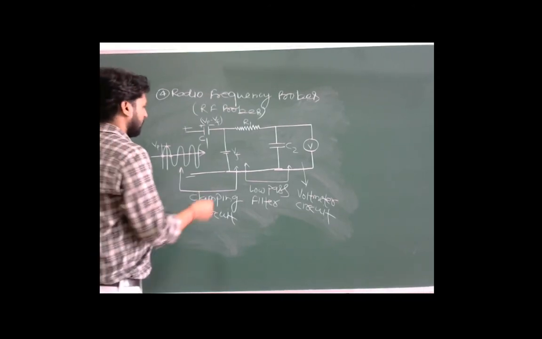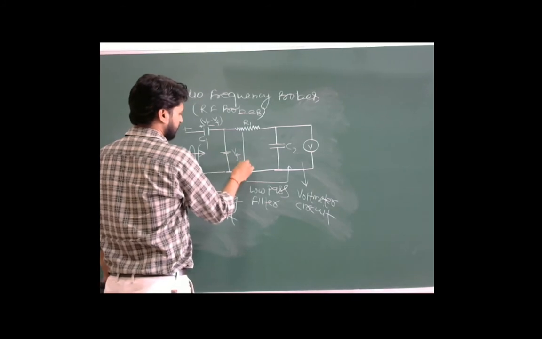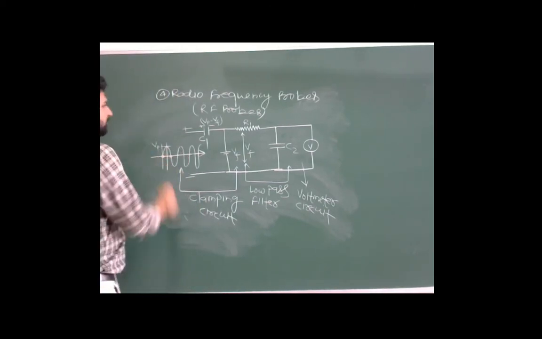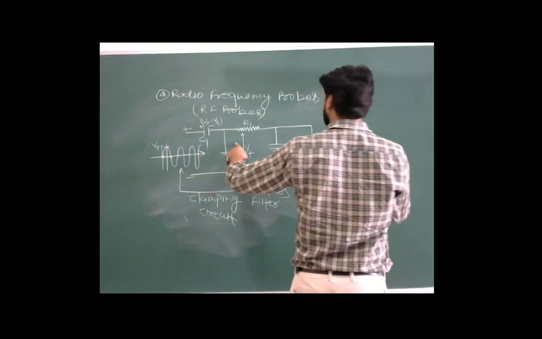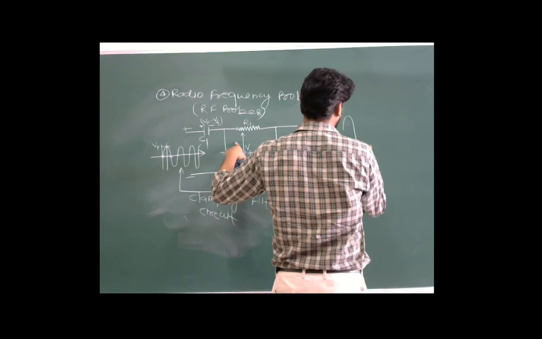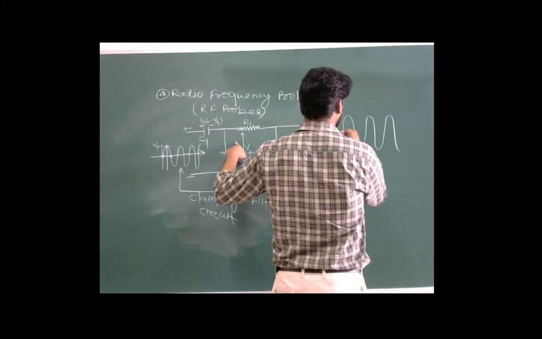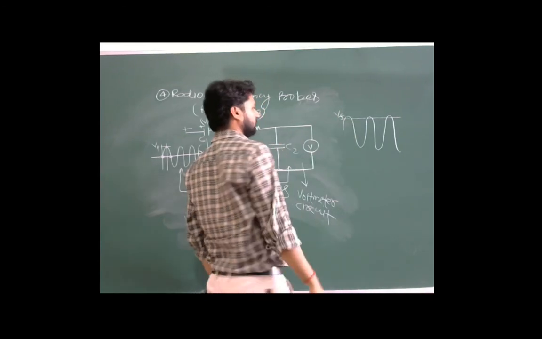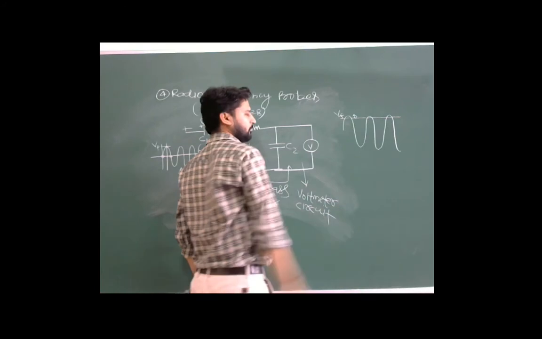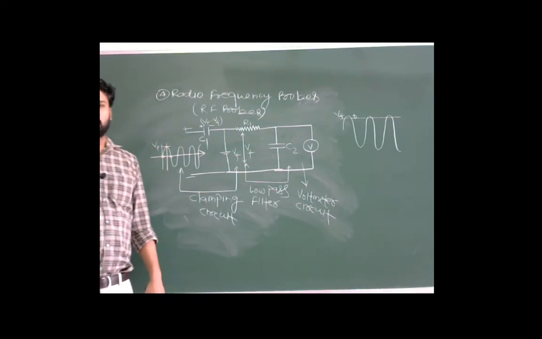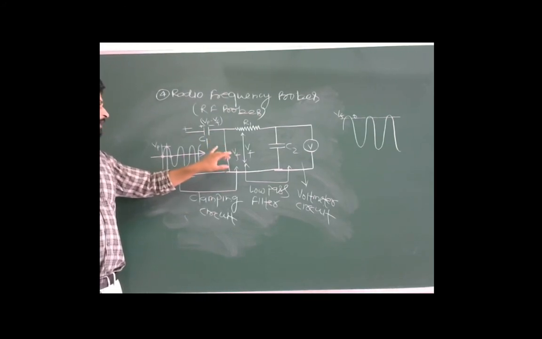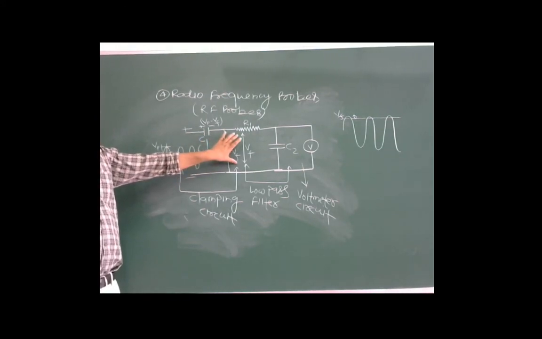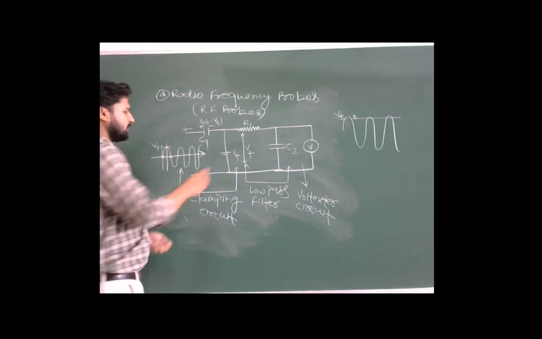Then the voltage which will appear here is this 0.7 volt, or we can say this is Vf. This means when the signal is positive, we will get this signal here only for the positive peak, Vf, this portion, because until the diode is forward biased, we will get only Vf voltage here, and when the negative peak comes, this diode becomes